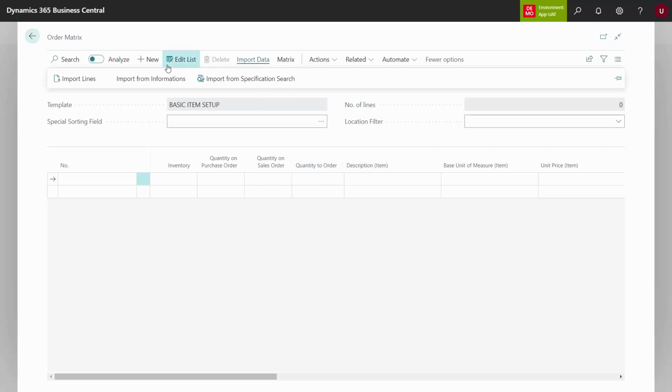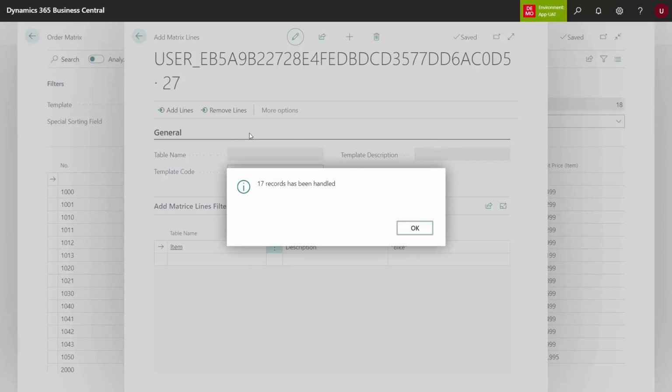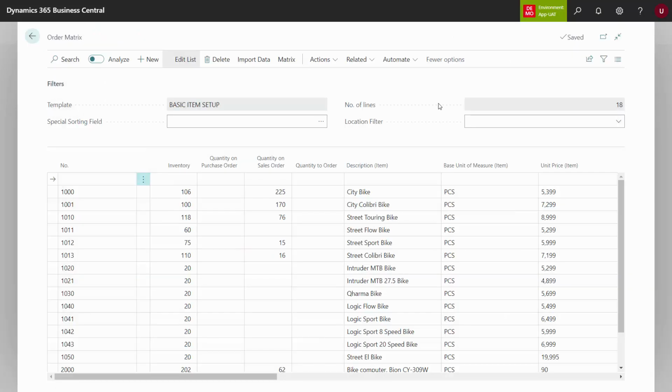Let's see an example here. Importing lines would be the same as the normal information matrix. For a simple example here, I could just import lines based on my item description. Let's import some bikes like this. And opposite to the normal information matrix, I have some extra columns on inventory, quantity, on purchase order